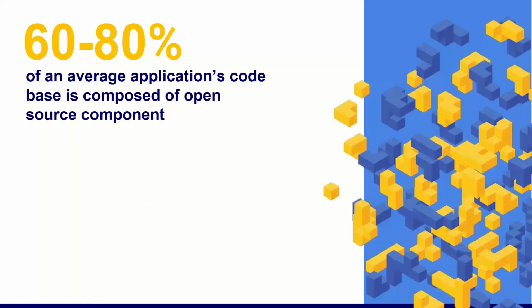One of the most important things is to understand that open source hasn't always been there. Right? Open source is one of the biggest revolutions of the last 10 years, more or less, in the software world. And if we're talking about 10 years ago, only 5 to 10% of the actual code was open source code. The other part was proprietary code, right? That the in-house developers would write. And today, 60 to 80, sometimes even 90% of application source code is based